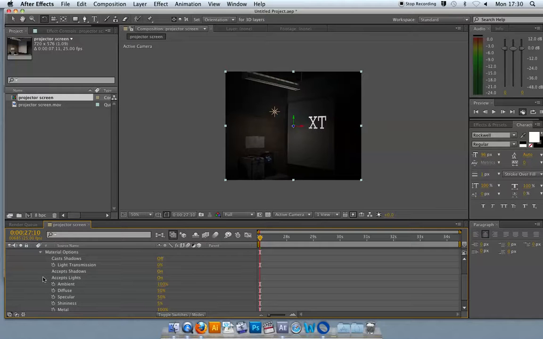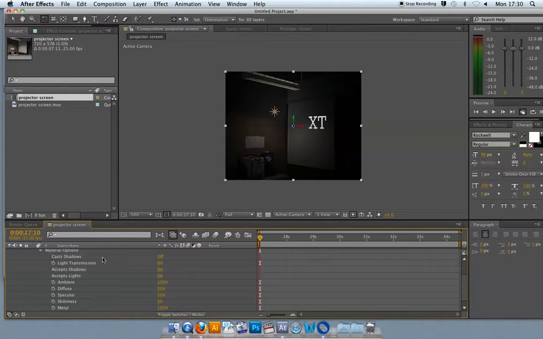The problem is, first of all, that you're potentially going to get a really strange kind of an effect of the lighting on your video. Now the other issue that you'll find